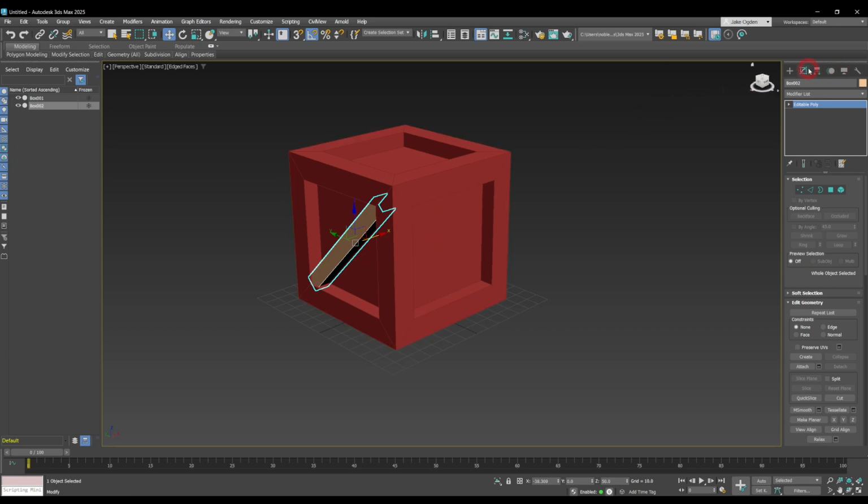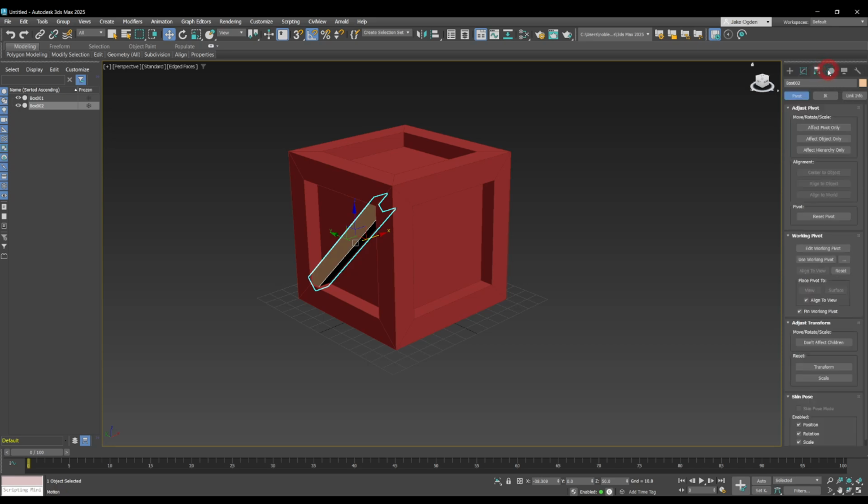So the easiest way to do that is to change the pivot. So what we need to do there, on the right hand side, the third window in, we can see at the top here, affect pivot only. This is where we can start to change the pivot and it doesn't affect the object. So if we click that, it changes the selections to have these massive arrows. So what we want to do there is change the positions